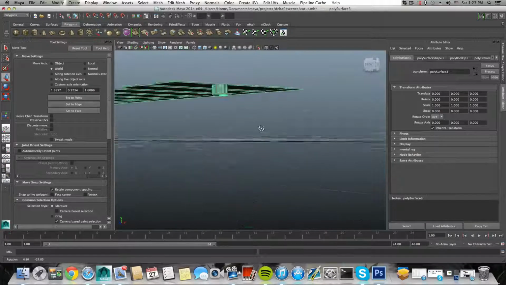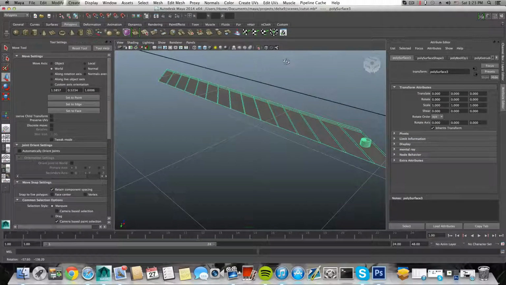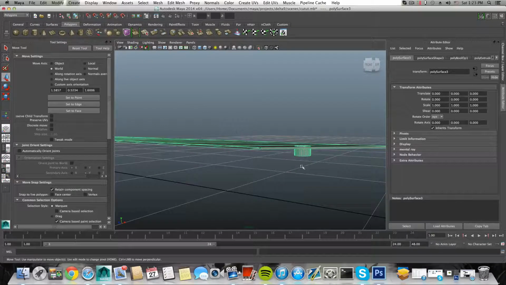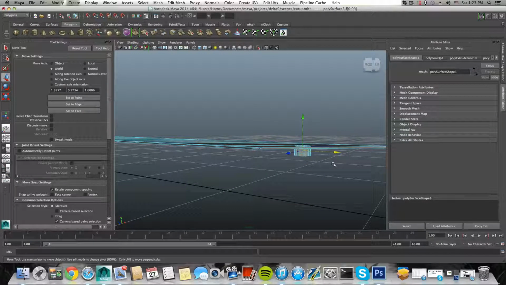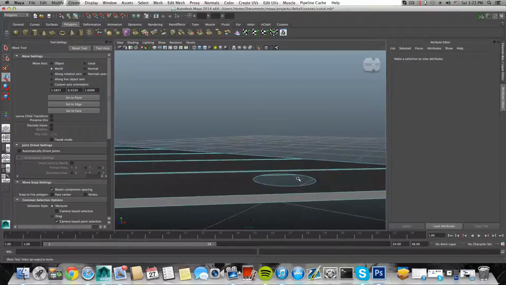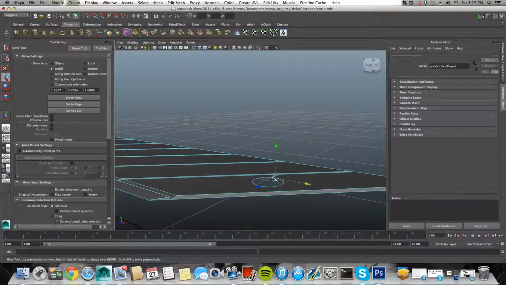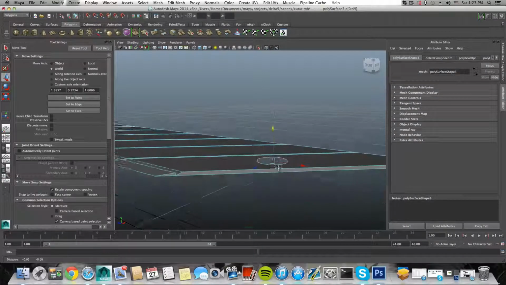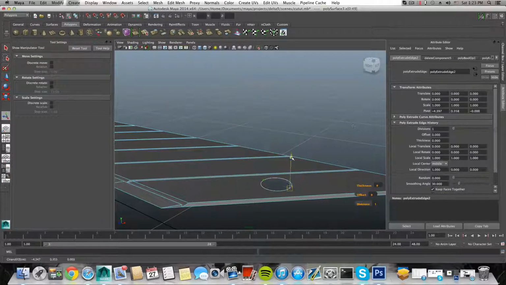So there is no cover at the other side, so this is why it happened. But never mind, just grab these faces, delete them, and you can grab this edge. Okay, double click on one of those edges in this circle and just extrude it a little bit down like